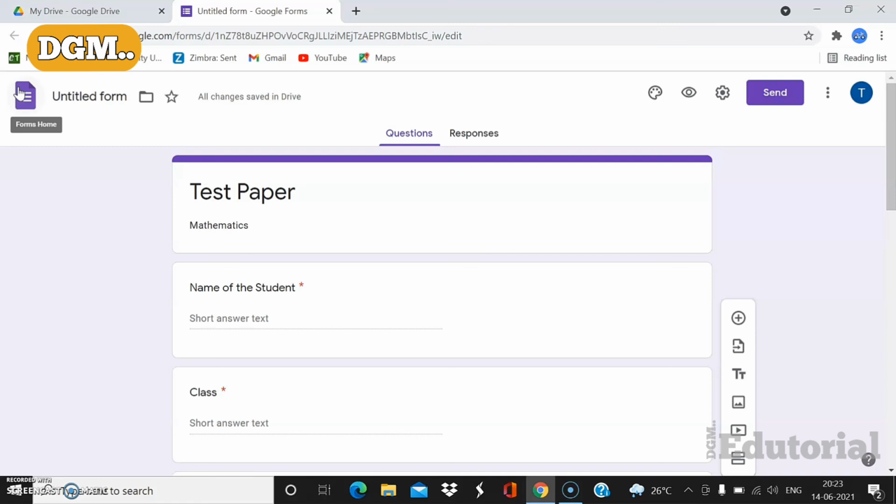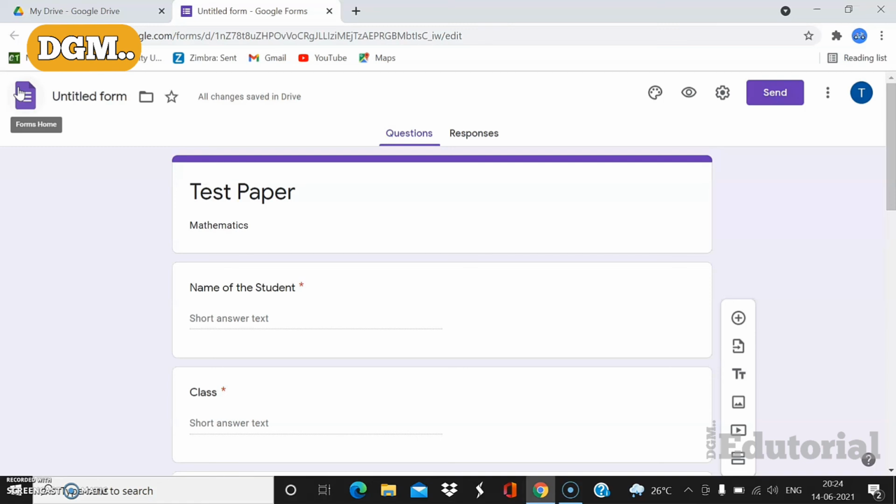Take it for that instance, any language. If you have that application where you can type that particular language, you could type in those language question papers as well. So, assessments is not going to be a tough task. It's going to be a very simple task.